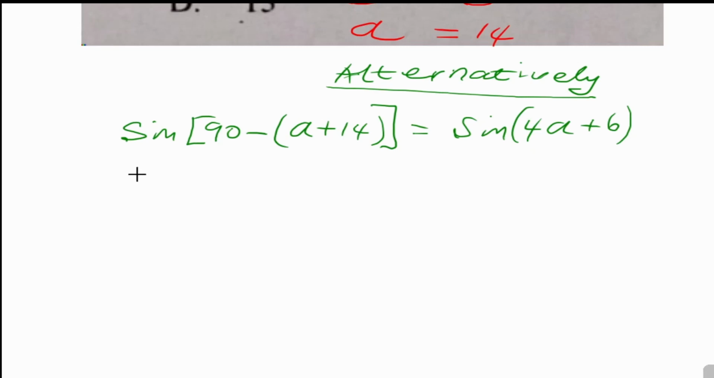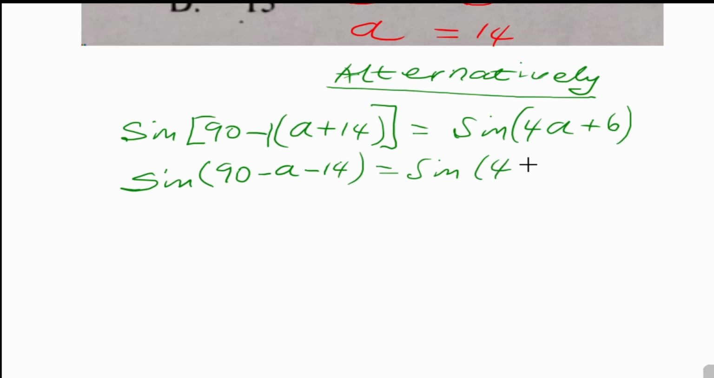So simplifying this, you're going to have sine of 90. To open this parenthesis, you know that this is -1 that is invisible. So -1 times alpha will be negative alpha, and -1 times 14 will be negative 14. And that will be equal to sine of 4 alpha plus 6. Simplifying further, 90 and -14 are like terms, so 90 minus 14 is 76, minus alpha equals sine